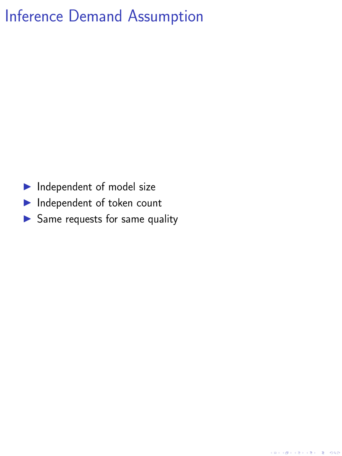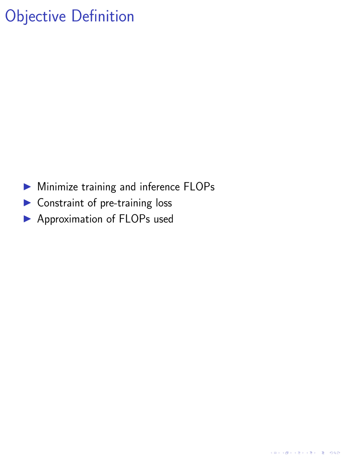We then make an assumption that the demand for inference is independent of the model size and token count. This implies that models of the same quality but with different parameter counts will receive the same number of requests. Our objective is to minimize the sum of training and inference flops, with the constraint of pre-training loss. We use the standard approximation of flops for transformer models with N parameters, 6N per training token and 2N per